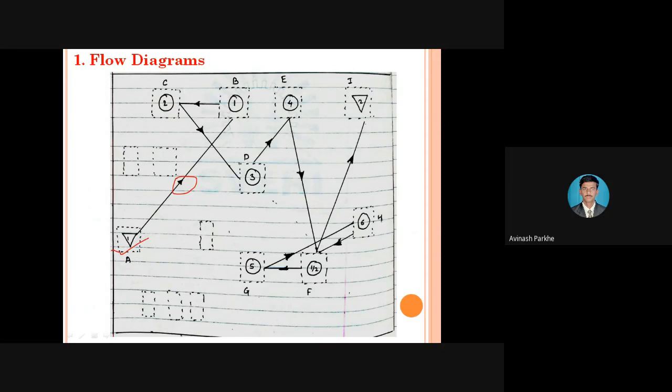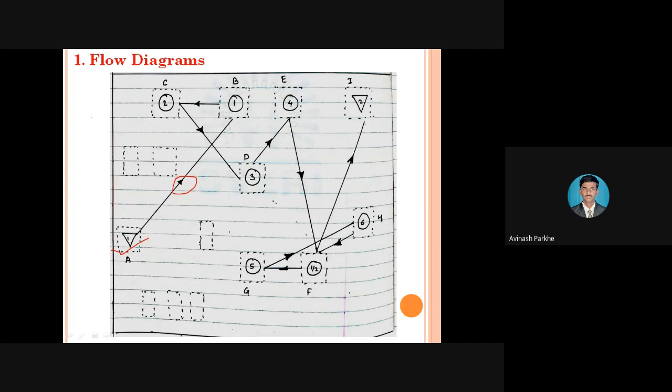Then from B it is moving to C, from C to D, and from D to E. Like that, whatever movements are taking place by the raw material or the operator can be recorded by using this flow diagram. But this flow diagram again has one limitation: whatever complex operations, complex repetitive movements or complex backtrackings are taking place, those complex processes cannot be represented by using this flow diagram.